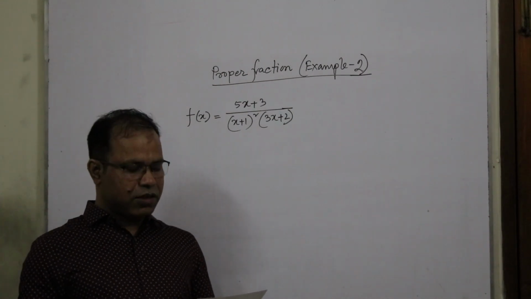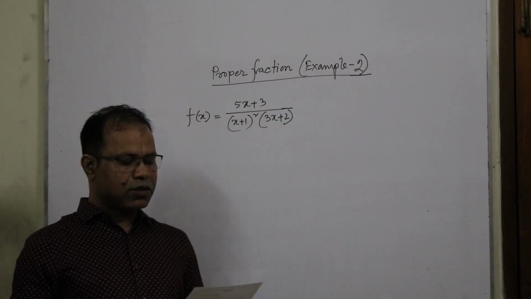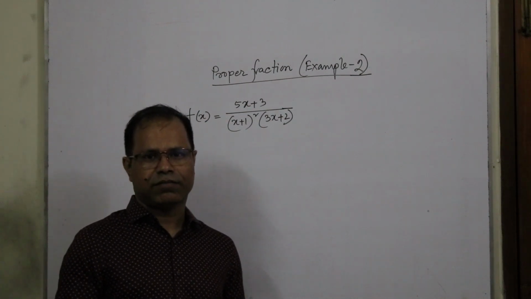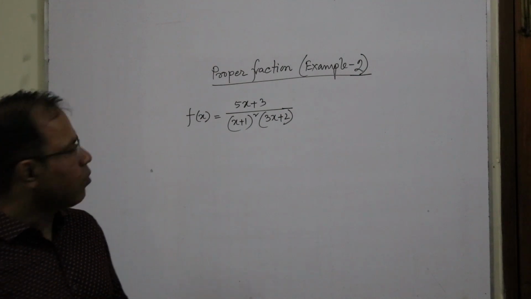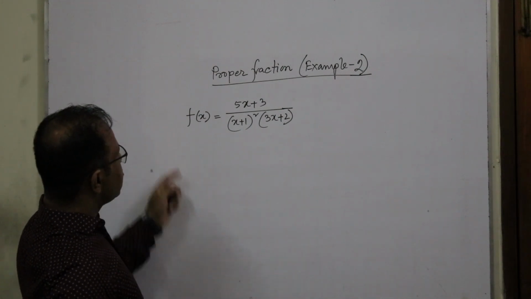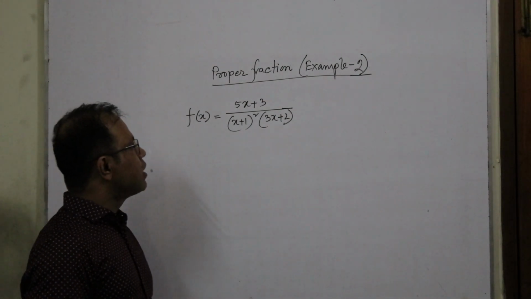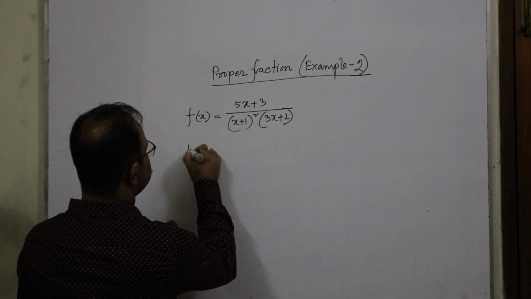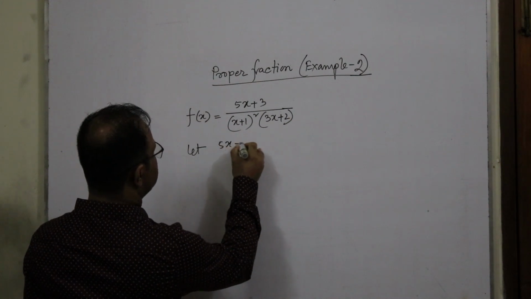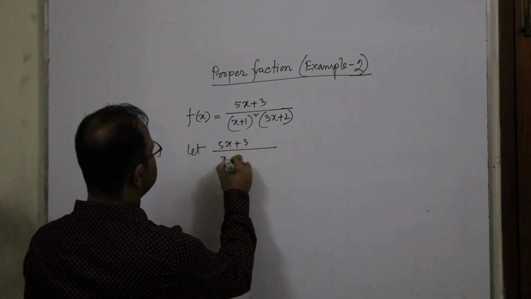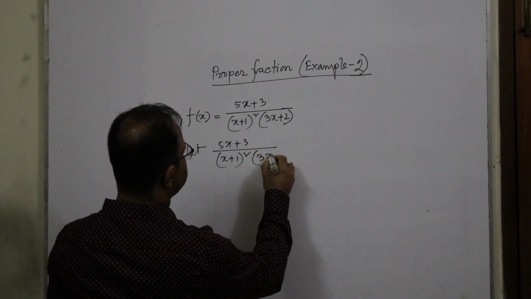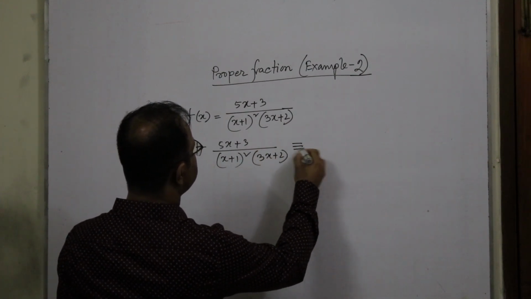Express 5x plus 3 over x plus 1 whole square times 3x plus 2 in partial fractions. This is our expression. How can we express this expression in partial fractions? So let 5x plus 3 over x plus 1 whole square times 3x plus 2 be identically equal to